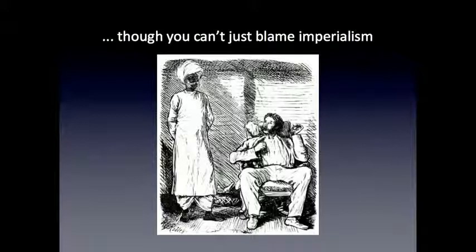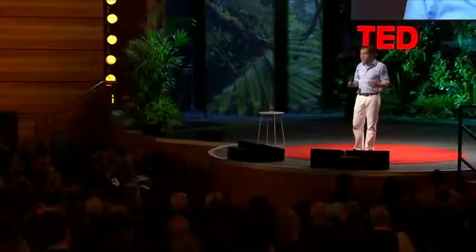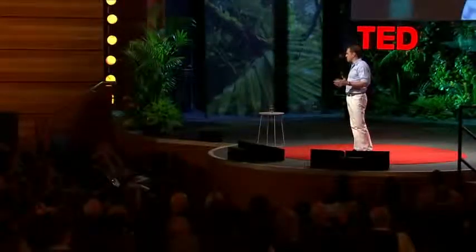Now, you can't just blame this on imperialism, though many people have tried to do so, for two reasons. One, empire was the least original thing that the West did after 1500. Everybody did empire. They beat pre-existing Oriental empires, like the Mughals and the Ottomans. So it really doesn't look like empire is a great explanation for the Great Divergence. In any case, as you may remember, the Great Divergence reaches its zenith in the 1970s, some considerable time after decolonization.